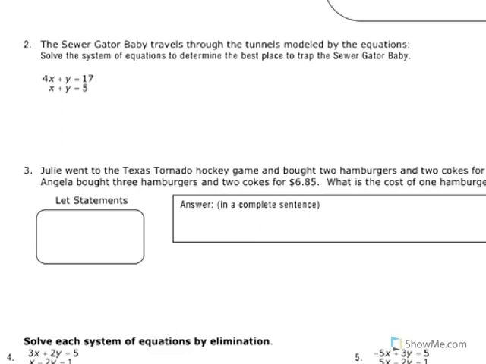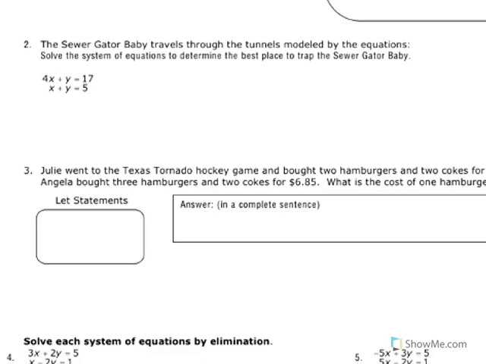Okay, the second question says the sewer gator baby. So apparently there's a gator in our sewer system that's having babies. Travels through the tunnels modeled by these two equations. Solve the system of equations to determine the best place to trap the sewer gator baby. Okay, so without the graph, that just is meaningless. Basically, we just need to solve this equation. So when we look at the two equations,